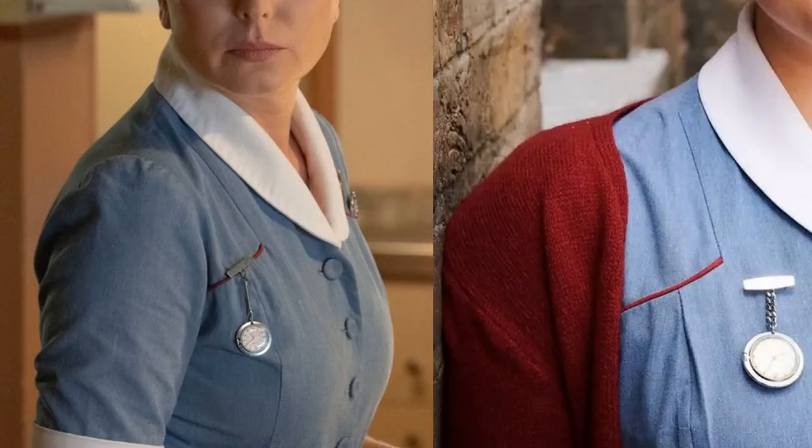The dresses are princess seamed from the shoulders, with what appears to be 3 sections coming from the shoulder and 2 below the red trim. The first section runs from the front button or buttonhole placket to the edge of the red trim at the lower shoulder. The second section matches the edges of the trim, and the third runs from the outer edge of the trim to the armhole and side seam. Below the trim, there is either a princess seam or a dart that extends to the waist from the center of the trim. In Nurse Corrigan's case, it also appears to include a pleat that opens up to allow more